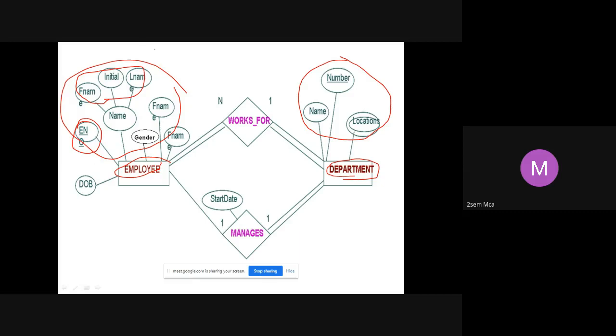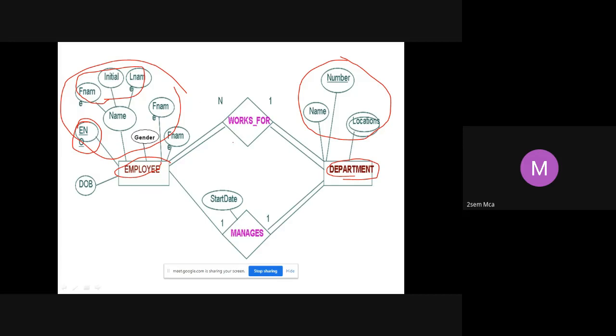Now, we are trying to relate these two entities. How can you connect this employee and department? I said you can have more than one relationship. You can have just one, you can have two, you can have three relationships between the same set of entities. Now here we have only two entities, employee and department. But we have shown two different relationships between employee and department. How are they different?